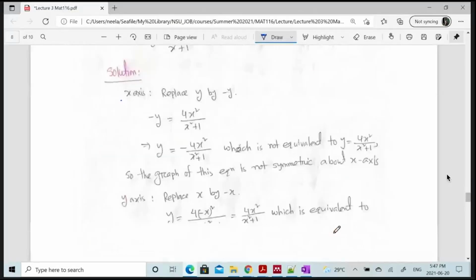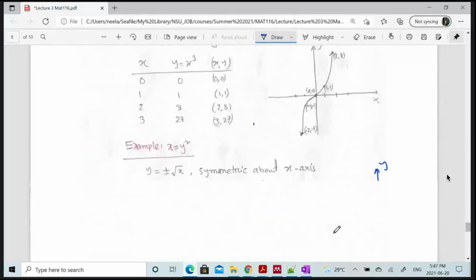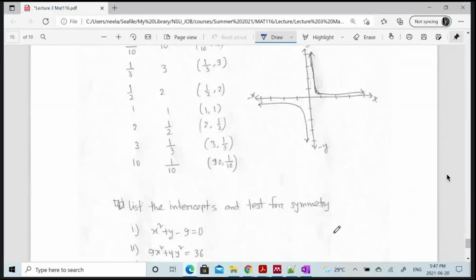And if you do it, you are gonna be able to see whether your function is symmetric about coordinate axis or origin. And then we have seen some example that tells us how effective the concept of symmetry and intercept is for us to draw the graph of equation. And I think we should stop. So please